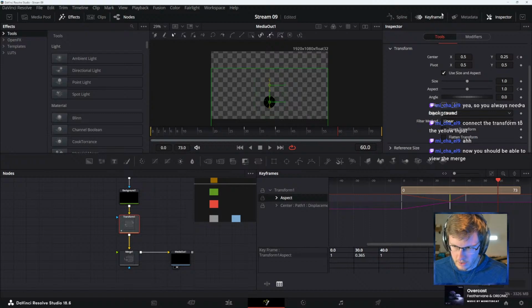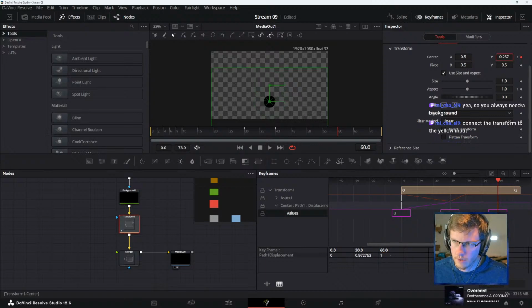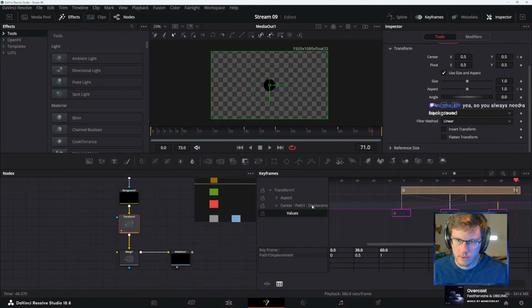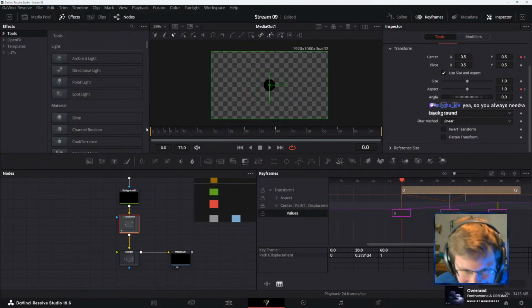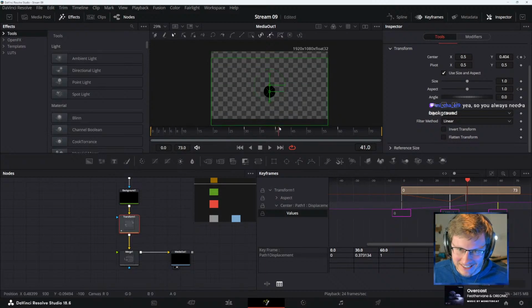So frame 60, no, it doesn't work like that. Oh man. Yeah, right. Like this guy went to VFX school.